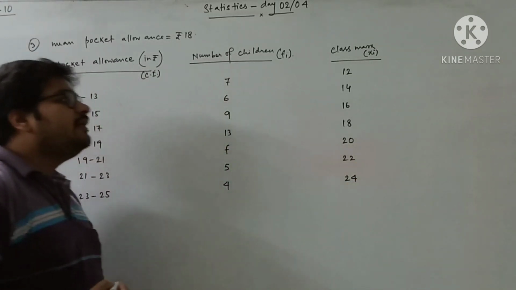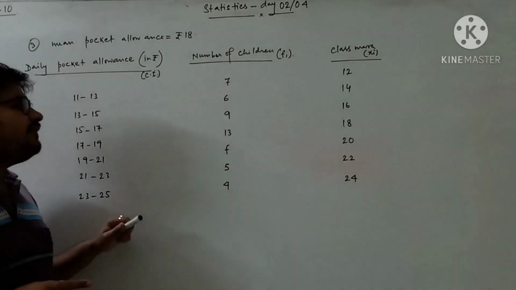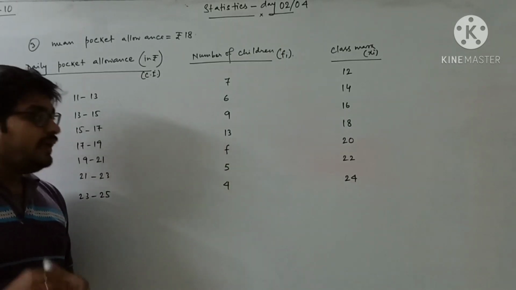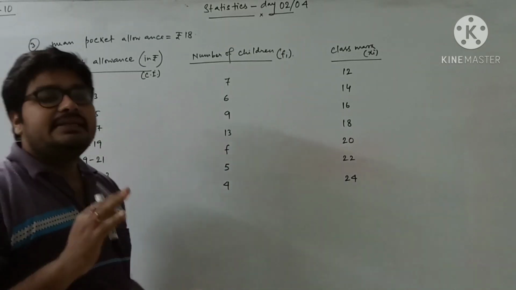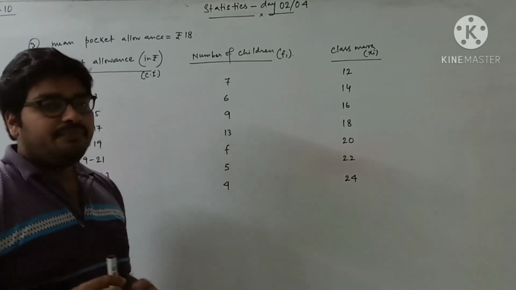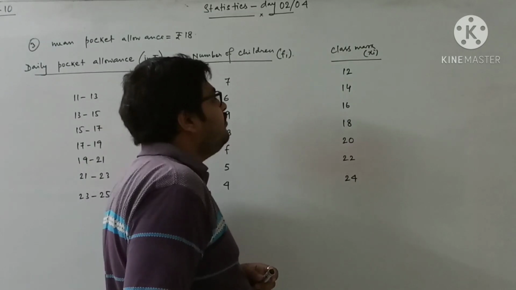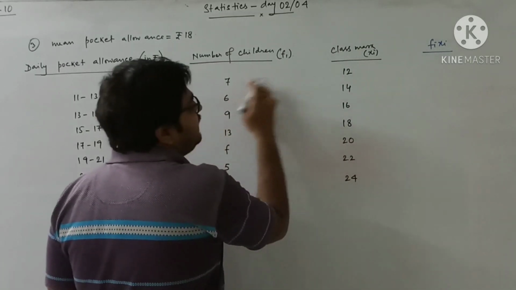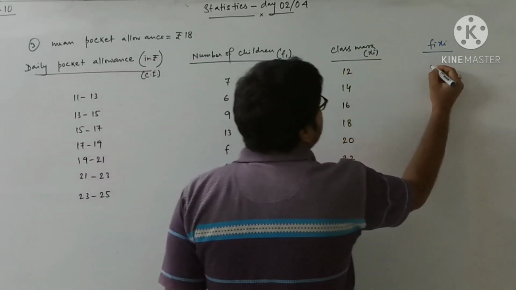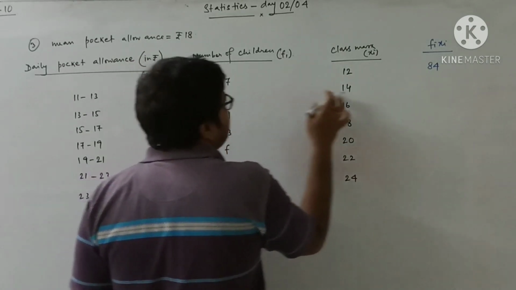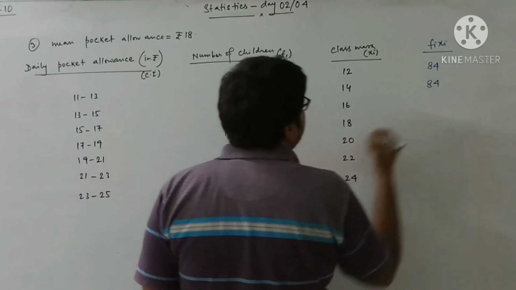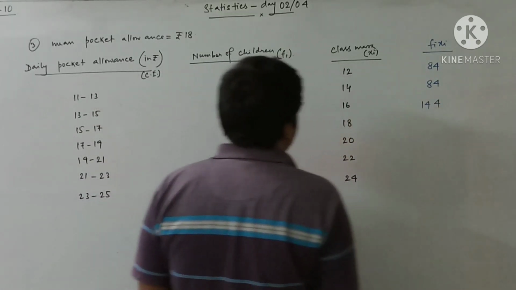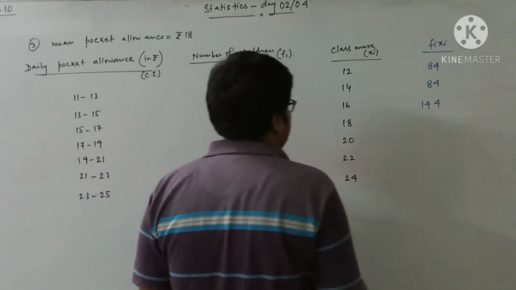Now just remember, whenever you are finding the value of an unknown, here you have to find the value of the unknown f in the mean, use the direct method only to find the mean. Okay? So now we will find fi xi. These two will multiply, and we write here 7 into 12, 84, 6 into 14, 84, 9 into 16, 144, 13 into 18,